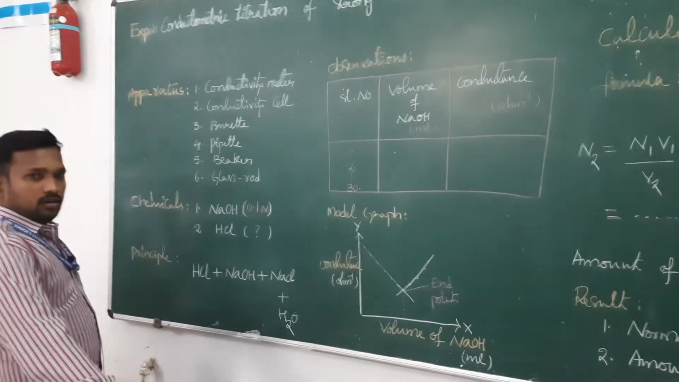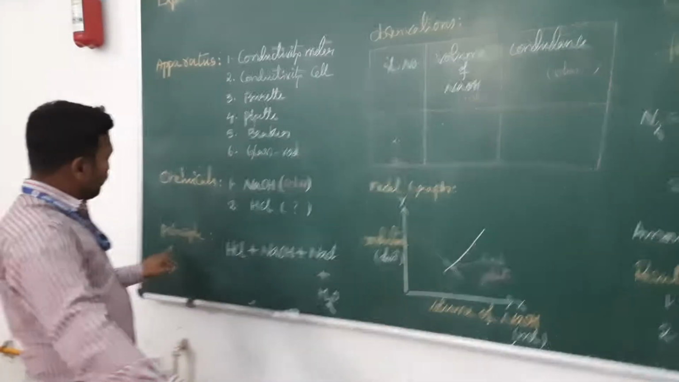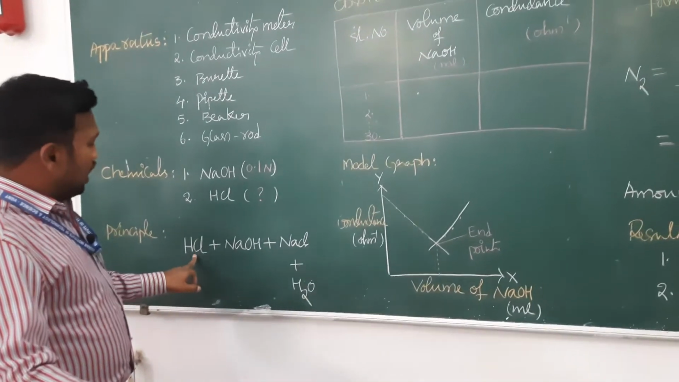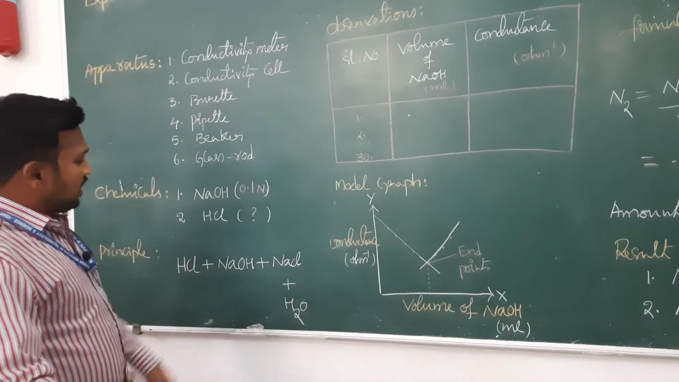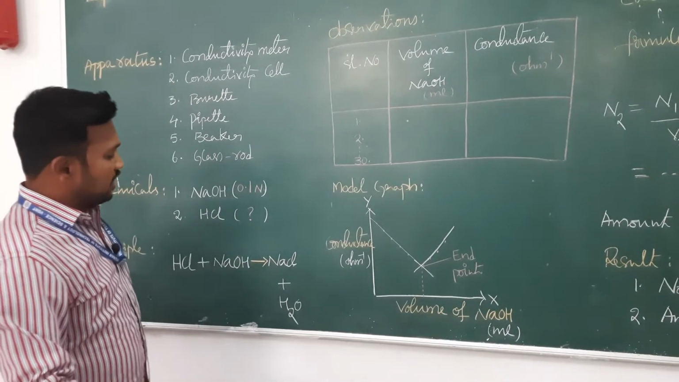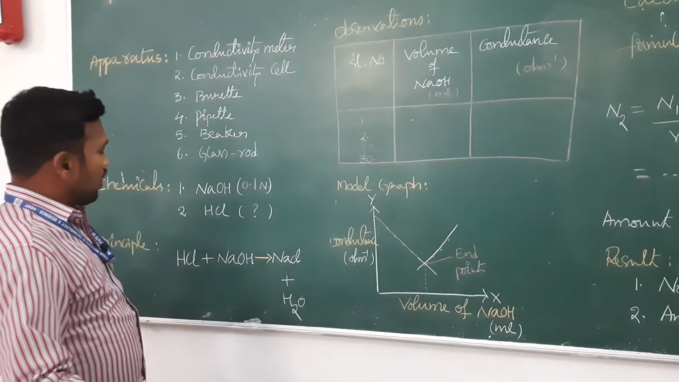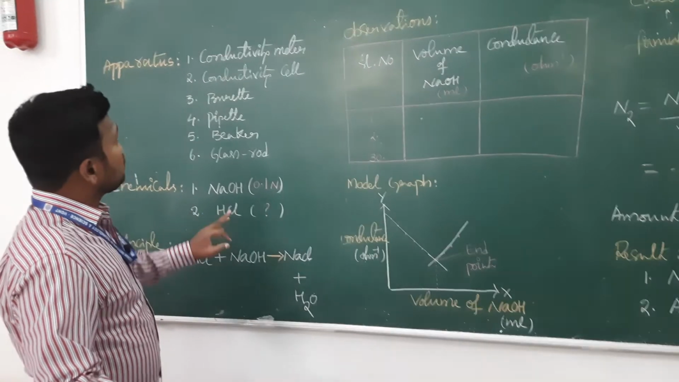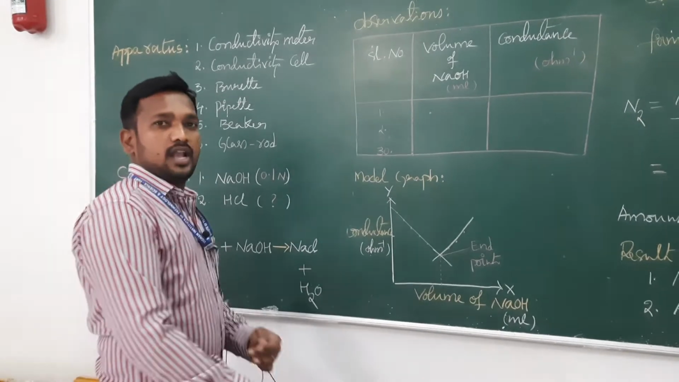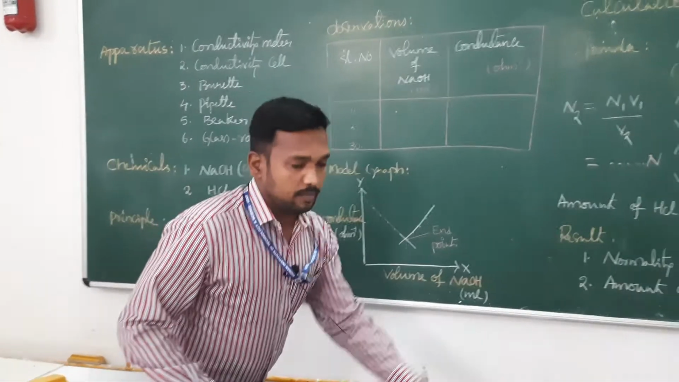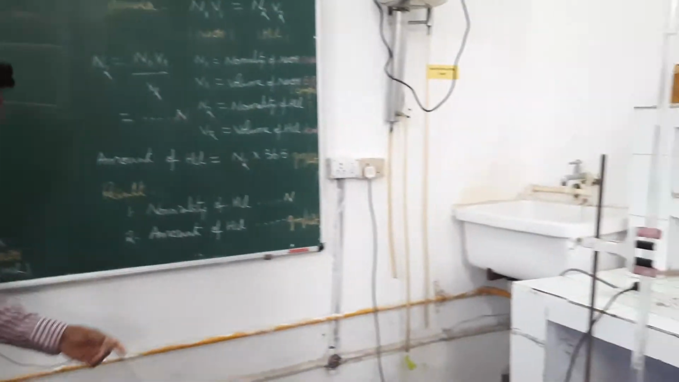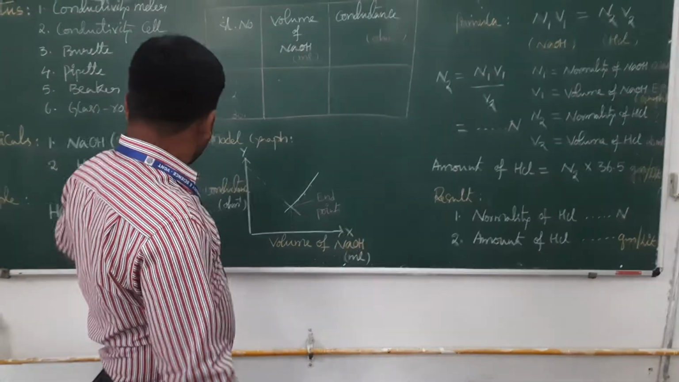Next, principle. Now I am going to discuss the principle. Here I have given the equation: HCl plus NaOH gives NaCl plus water. So, in this experiment, what will happen? First of all, you take HCl solution in a beaker, and you fill NaOH in the burette. That NaOH you should add to the HCl